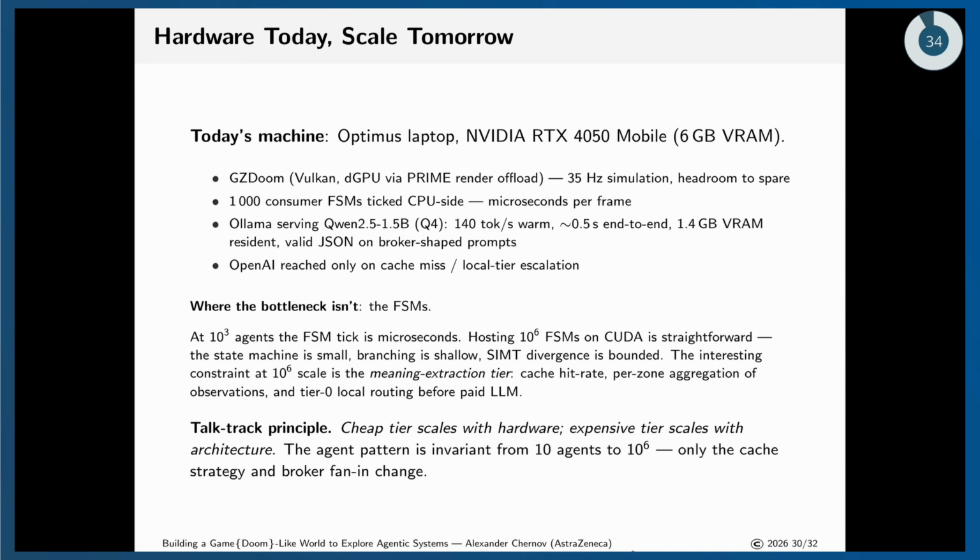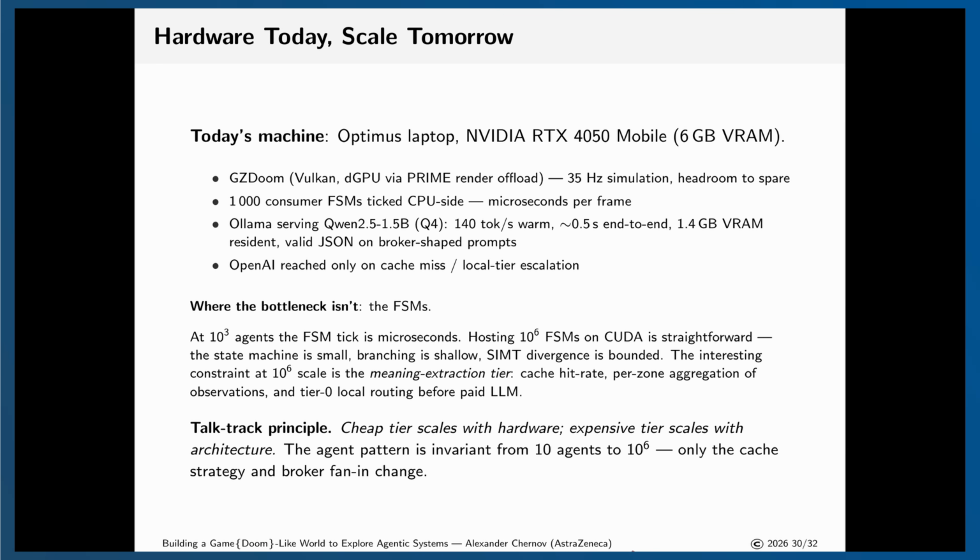Also will save money. As for hardware, this laptop is really basic hardware, nothing special. But even this hardware can support acceleration. At the same time, we're running 1,000 consumer ticketed agents, the way we designed them. We also can run Ollama at the same time, so requests don't necessarily go directly to OpenAI. They route to the local LLM first: there's a cache, there's the local LLM, and then there's the external LLM. So we can granularly define where our request is going so we can better control it.